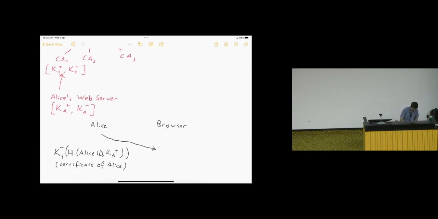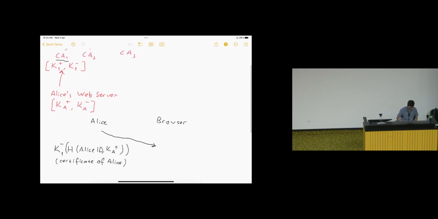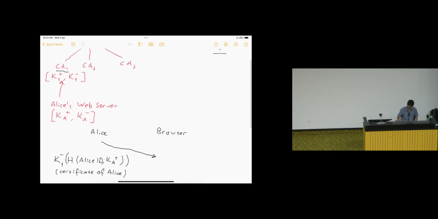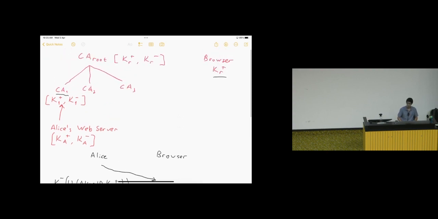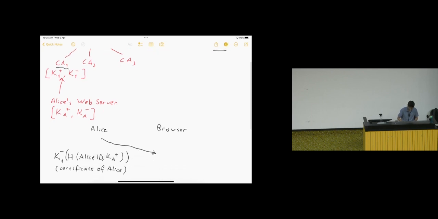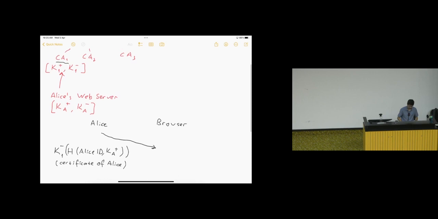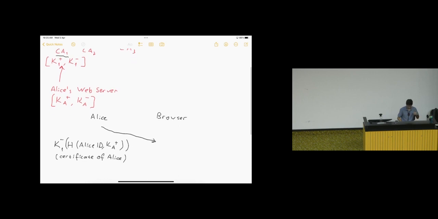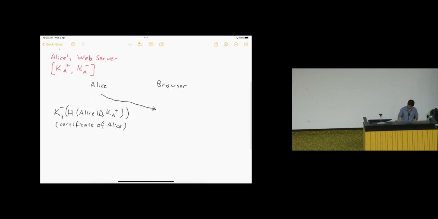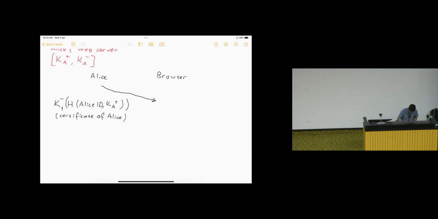You contact the CA1 to see what root certificate authority it uses. In that case, this is KR minus. And you also obtain that certificate signed by the root certificate authority, certifying that certificate authority 1's public key is this. So your browser then contacts CA1, and then CA1 will send you